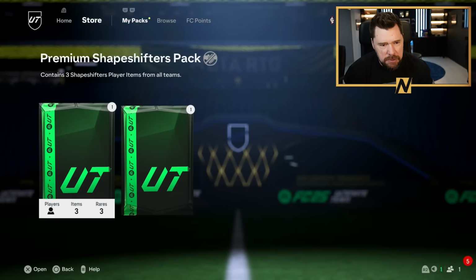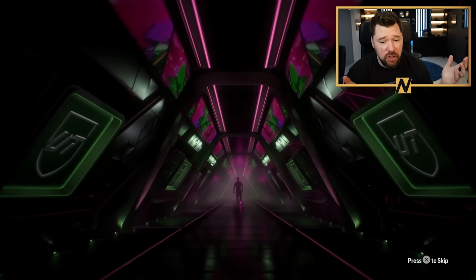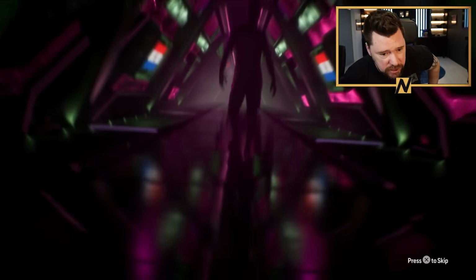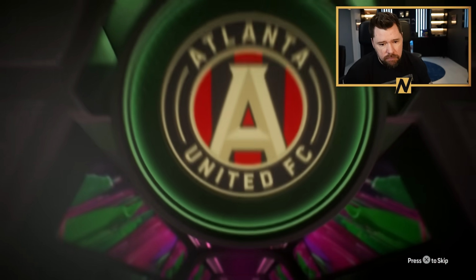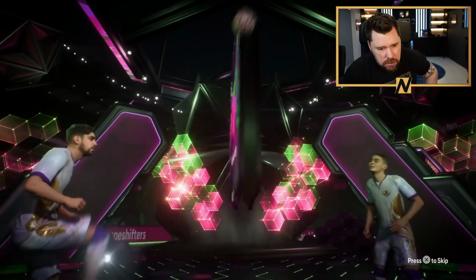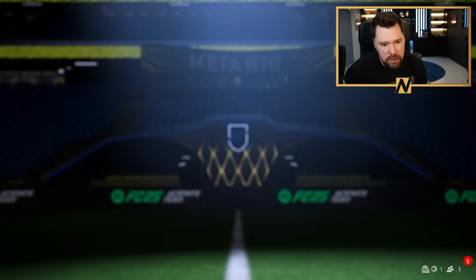And then the premium Shapeshifters pack as well. Come on. Give me a beast again. Give me Konate again. I'll take him now as an untradeable. Going to be Miguel Almiron. Okay, so it's a 95 to start. That's really good. We could get a big player in behind here. Fede Valverde. Interesting. I know he's quite cheap, but